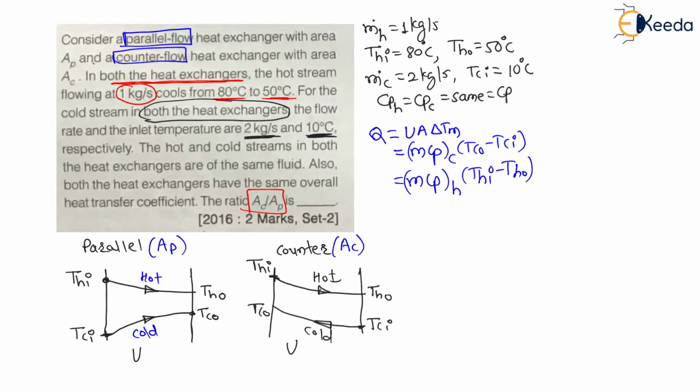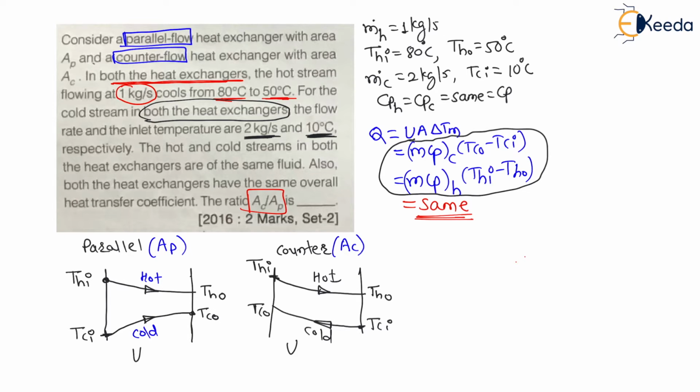Now here the mass flow rate of hot fluid in both cases is the same, Cp in both cases is the same, and THI, THO in both cases are the same. That means as all the parameters are the same, can I say the heat transfer in both parallel as well as counter flow will be the same. Very important conclusion, my dear students, very important conclusion. Therefore, from this, let us find the cold fluid exit temperature, TCO, right? So to find this, I am equating the second equation and third equation, right?